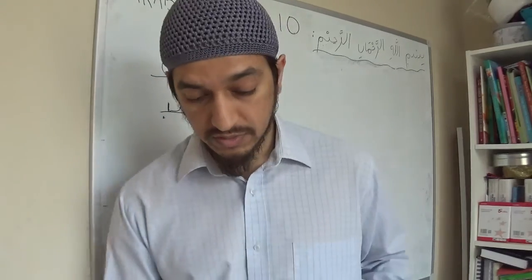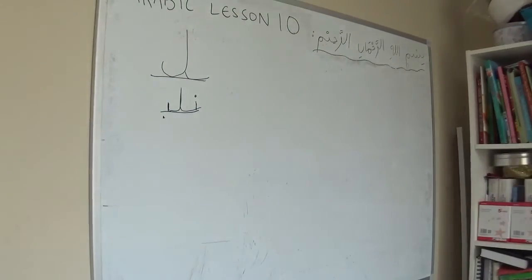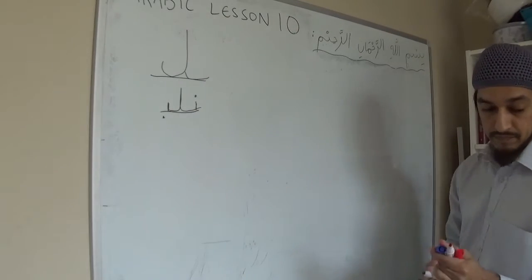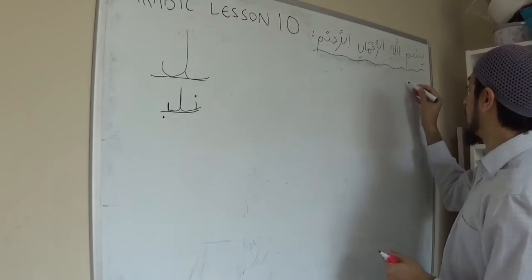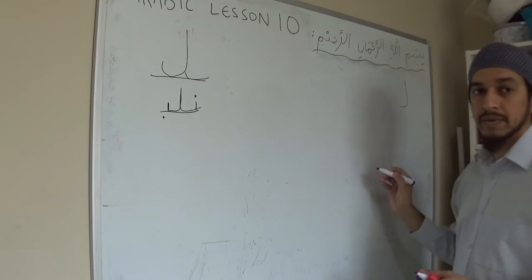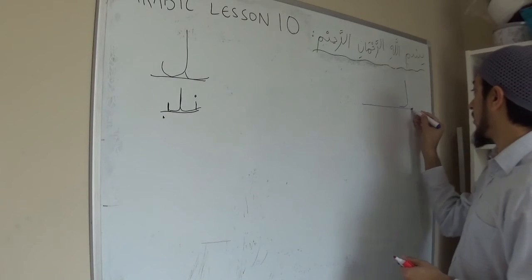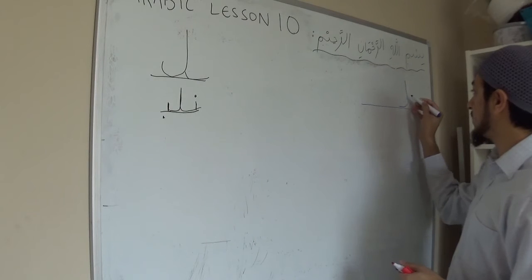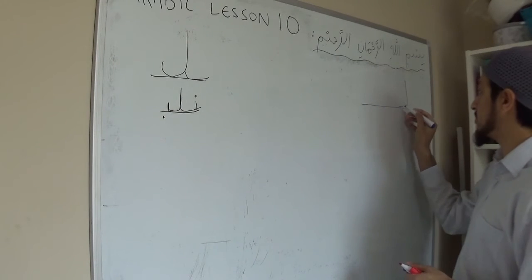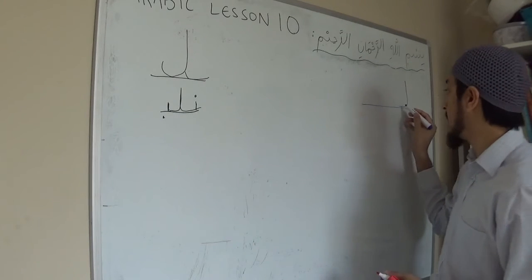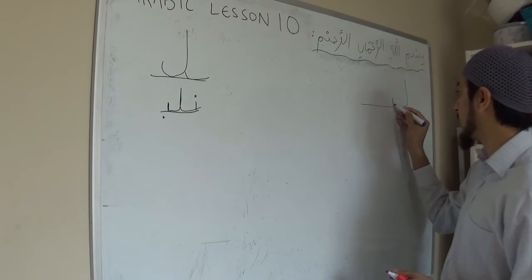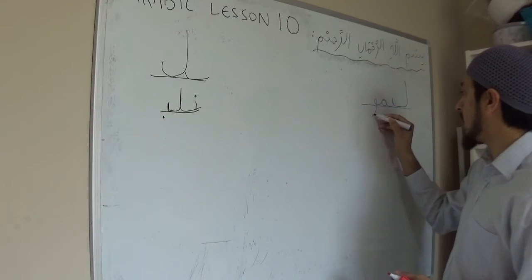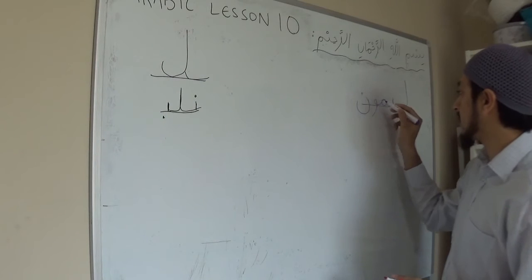Right, so I'll start these on the board. Islam at the beginning, straight down, and then just goes on. Longer than the usual bars. We've done the noons, the tas, the yas, they're more or less the same shape. Goes to a ya, as you can see, smaller than the other one. Meme, wow, going under the line, noon going under the line.